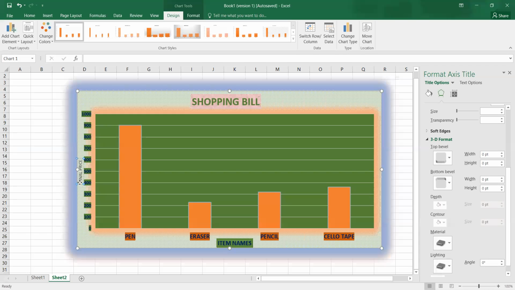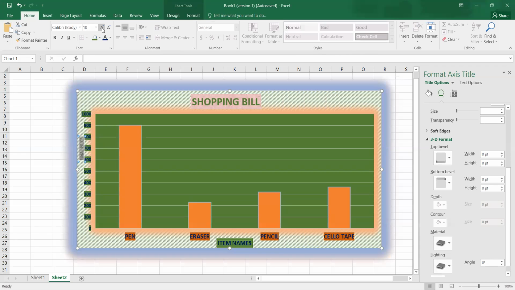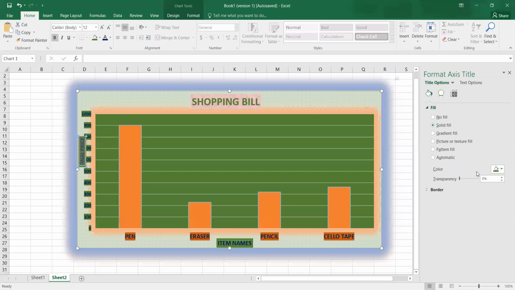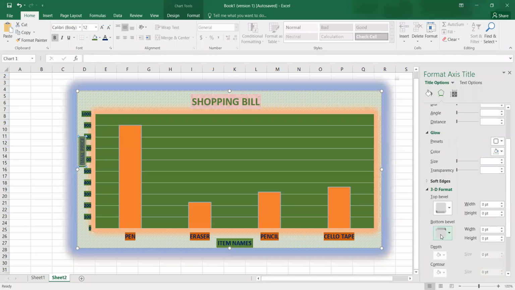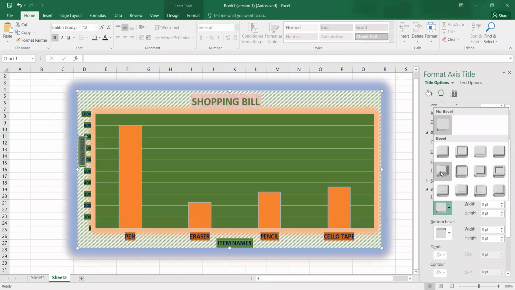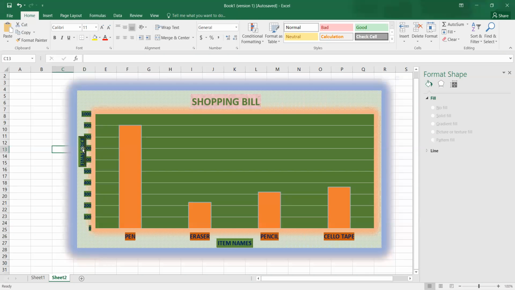Now once again, we will format it. You can drag it like this. You can change the position. Once again, give the formatting. And then again, give the fills. And now I'm giving again these effects to my axis title.